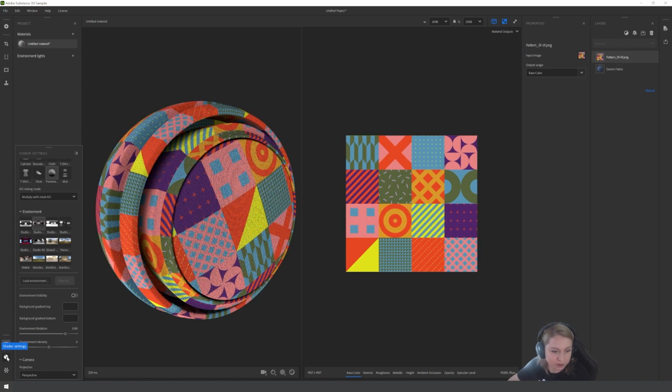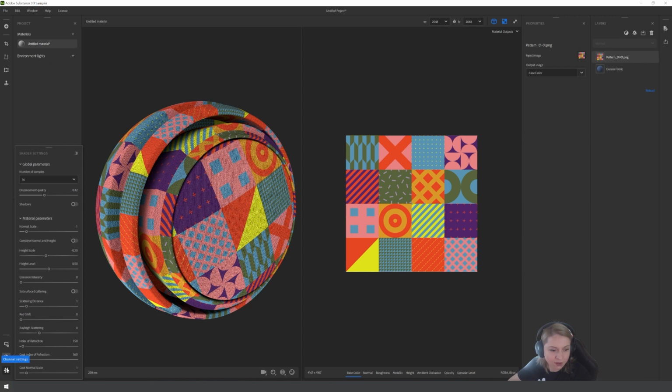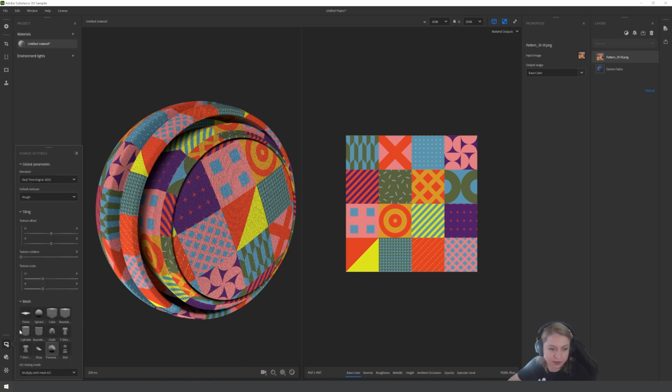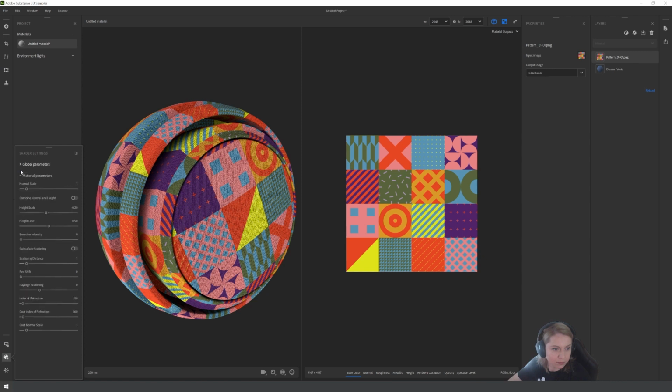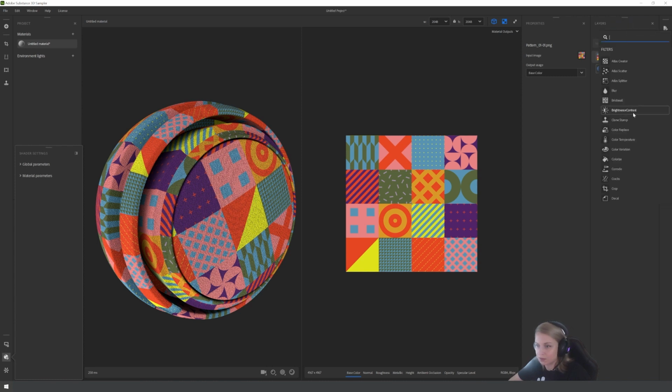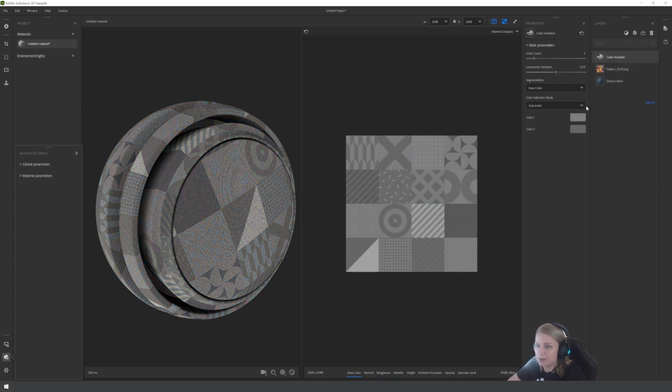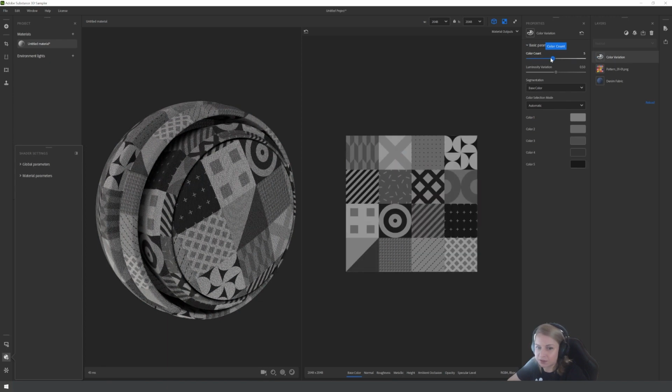There are a bunch of things that you can do with your material. For example, you can change the colors, and you can add color variations. This is really cool because you can change it as much as you want.